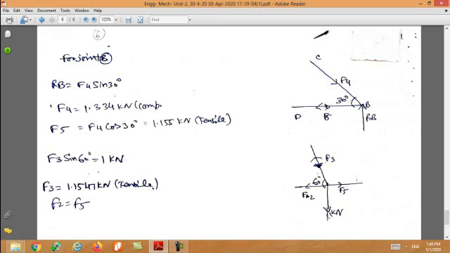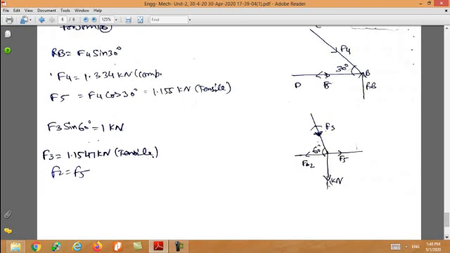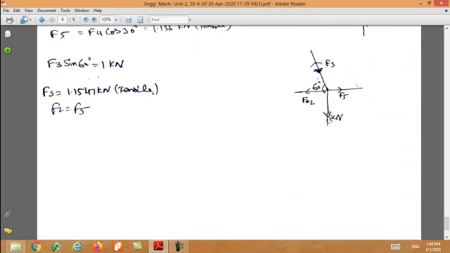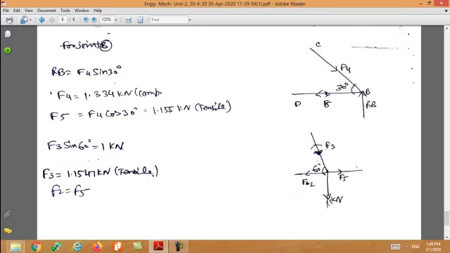In the same way, you can take another joint where four members are connecting here: 1 kilonewton, F2, F5, F3. So when you resolve this F3, F3 sin 60 is equal to 1 kilonewton. So you can take the direction randomly. If it comes positive, then it remains as it is, it means you are true. But if it comes negative, then change the direction, that's all. Okay, thank you.